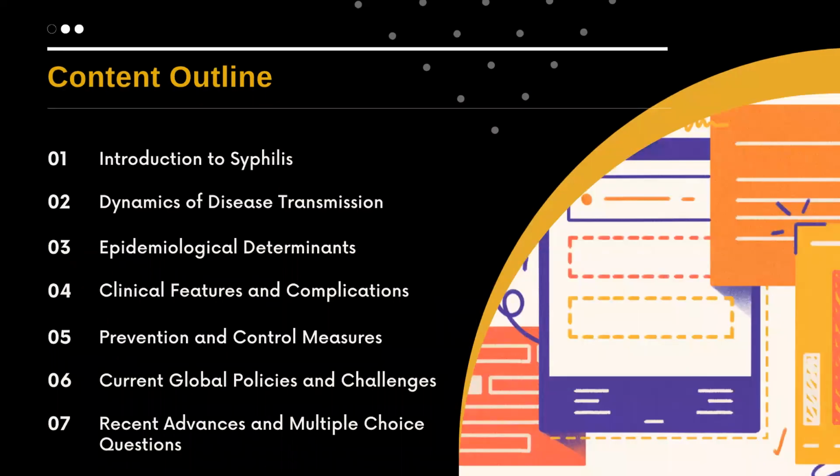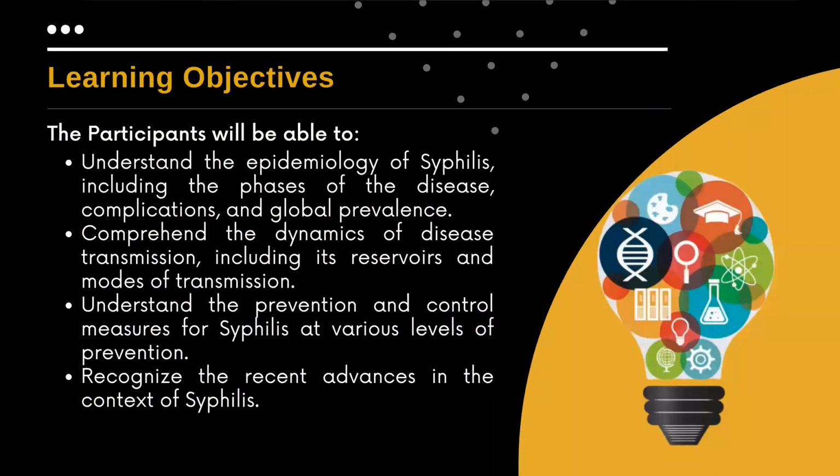Content outline: number 1, introduction to syphilis; number 2, dynamics of disease transmission; number 3, epidemiological determinants; number 4, clinical features and complications; number 5, prevention and control measures; number 6, current global policies and challenges; and recent advances and multiple choice questions. At the end of this presentation, the participants will be able to understand the epidemiology of syphilis,